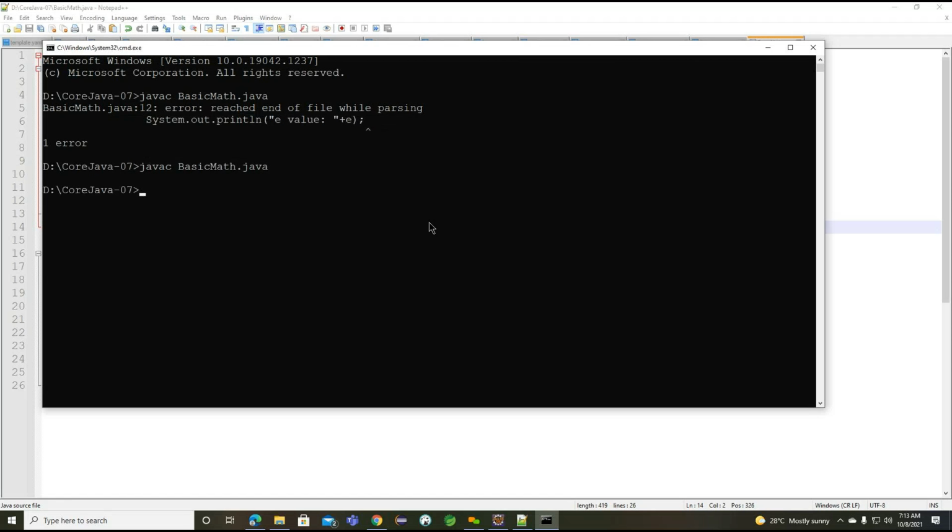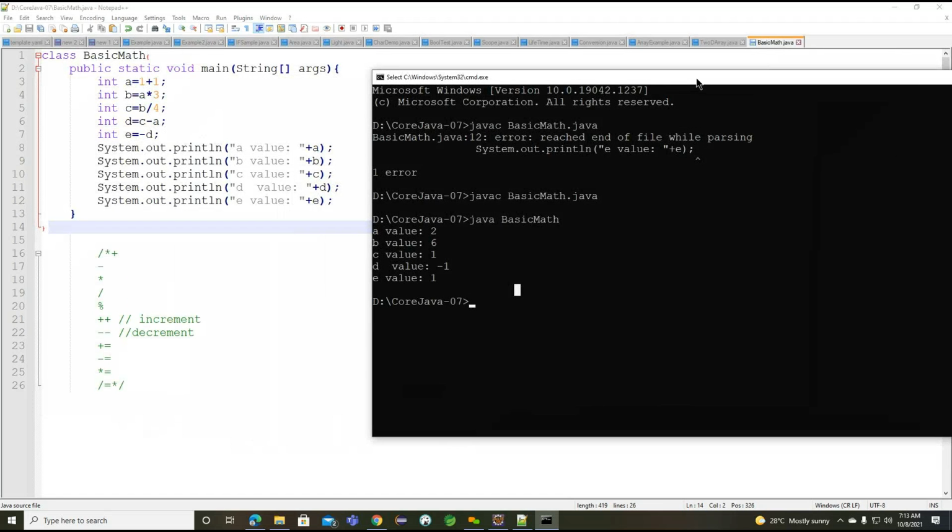Now let me compile one more time. It is compiled successfully. Now what you need to understand: I'm going to execute this example called basic mathematics. Now you can see A value is 2, B value is 6, C value is 1, D value is -1, and E value is 1. Getting the point. So these are the values we are getting.